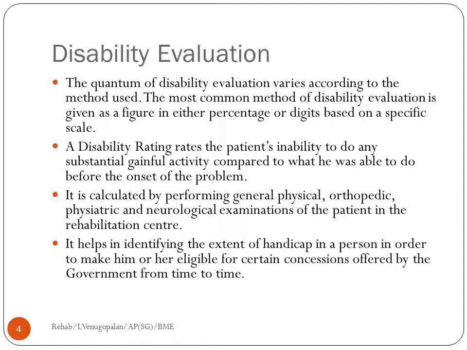You have to do a series of tests, and these tests for each and every disorder are given in certain guidelines associated with that disability. You have the WHO guidelines for various disabilities, the NICE guidelines for various disabilities, and so on. These guidelines give you an idea of what tests you should be doing before coming to a conclusion. Each test would give a particular score, and based on that score, you evaluate their disability.